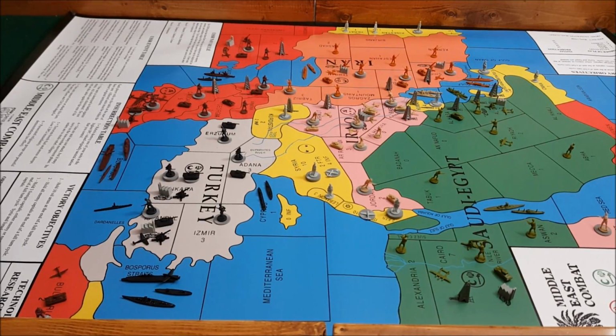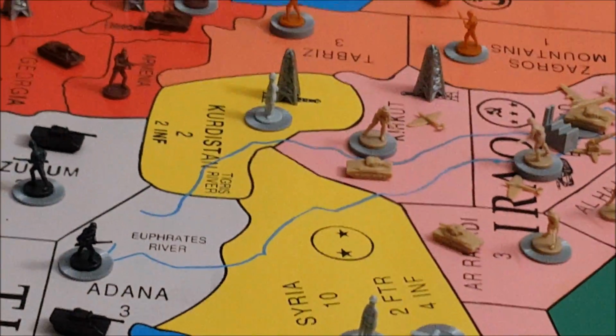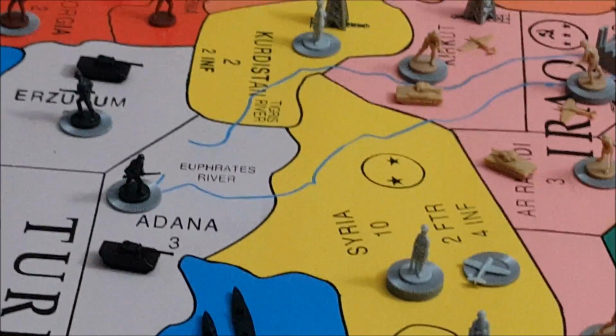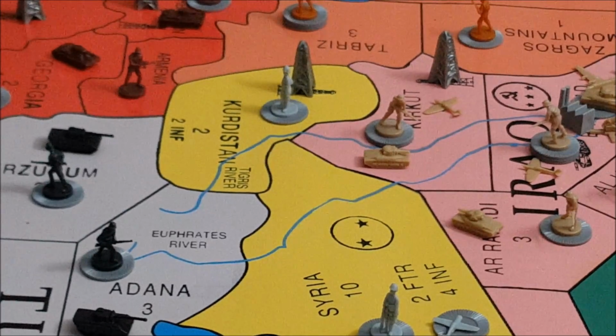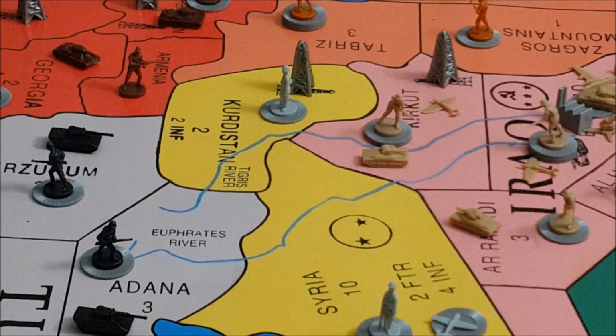Here's what I want to talk about real quick. Let me get a zoom in on Kurdistan here and Syria. All right, so you see those oil derricks and even those neutral army figures? Those did not come with the expansion, okay? Those are extra pieces that I picked up at